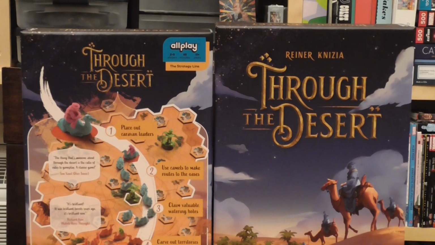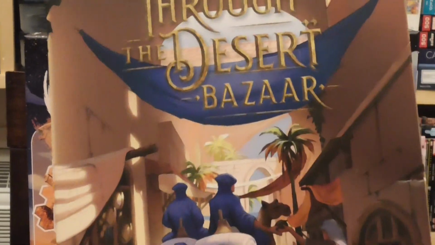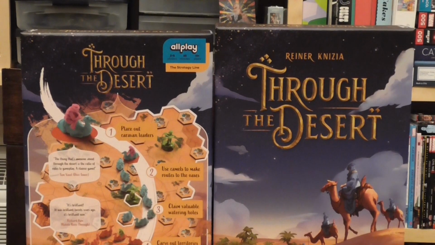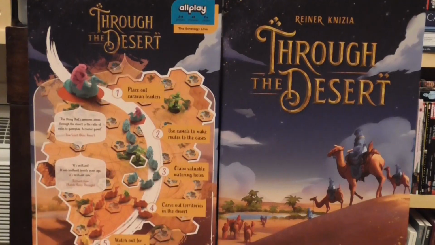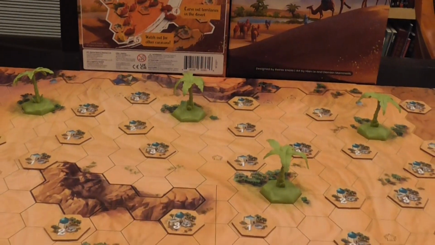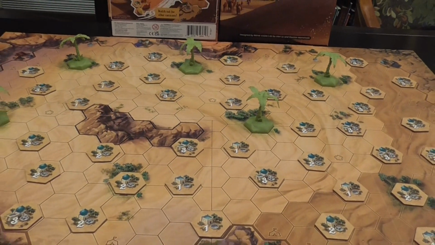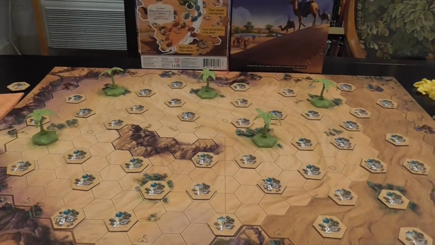All Play. All Play also produced the expansion Bazaar, which includes 4 new elements that you can mix and match and combine with the base game. And we'll talk about both the game itself, which I finally got to play some 20 years later, and also the expansion. Now, one thing about the expansion that I need to tell you right away,